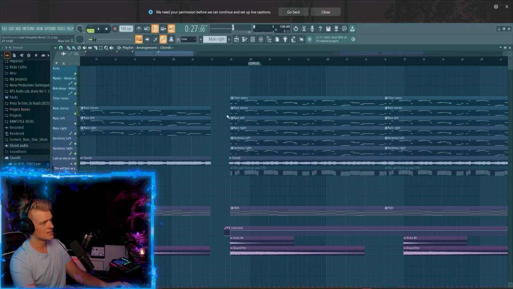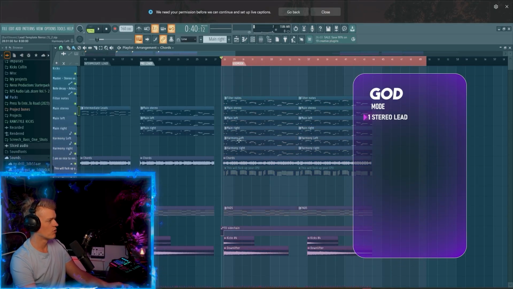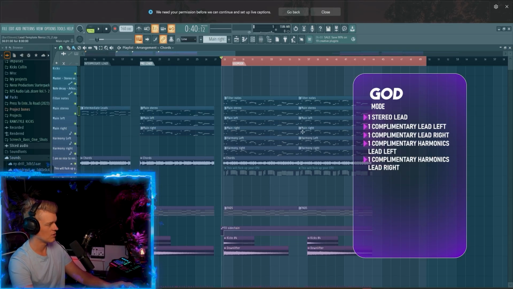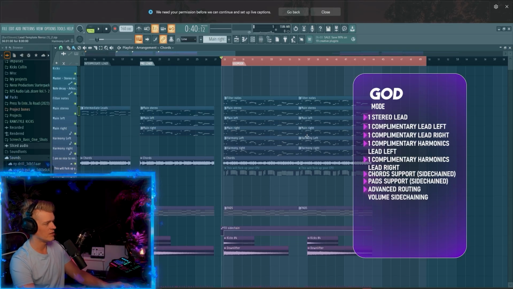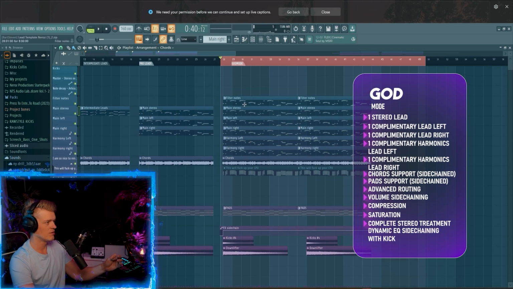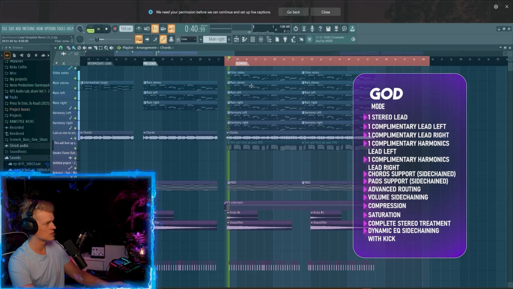But then the next level, the God mode, absolutely the God mode. 1, 2, 3, 4, 5 layers, 5 layers for just one lead in general. Combine that with the chords and the pads, you have 7 layers for this lead. Now, what is next level about this? That this is being sidechained properly, but there's also a, well, you could put a track spacer on it, but if you don't have a track spacer, dynamic EQ sidechaining. So what that means,